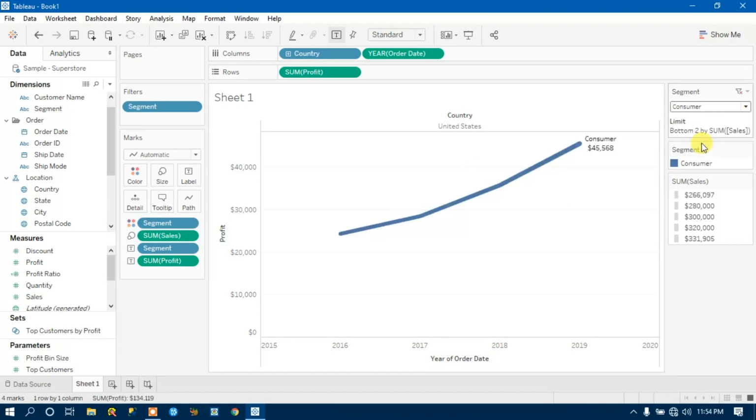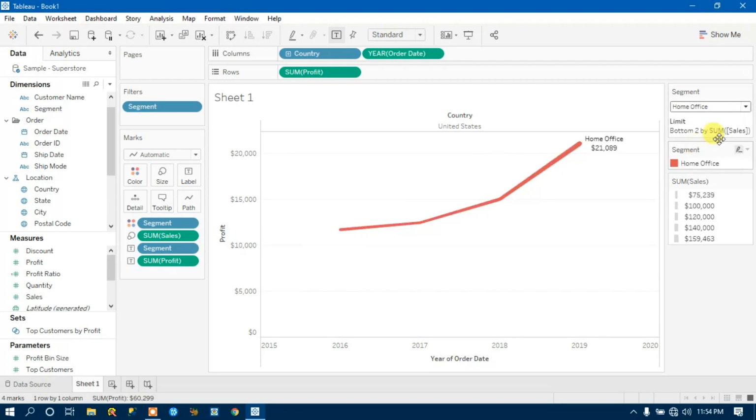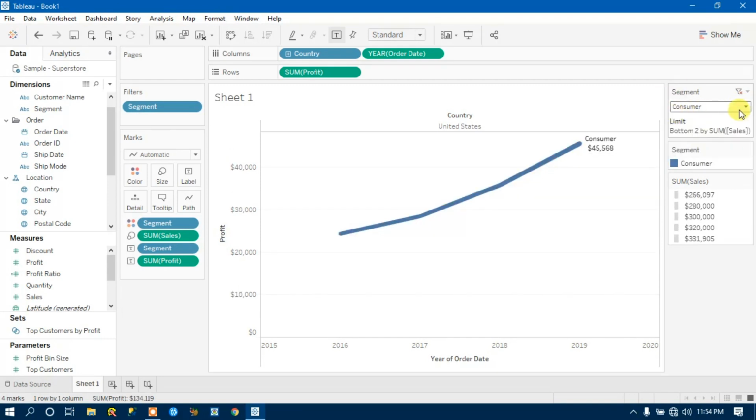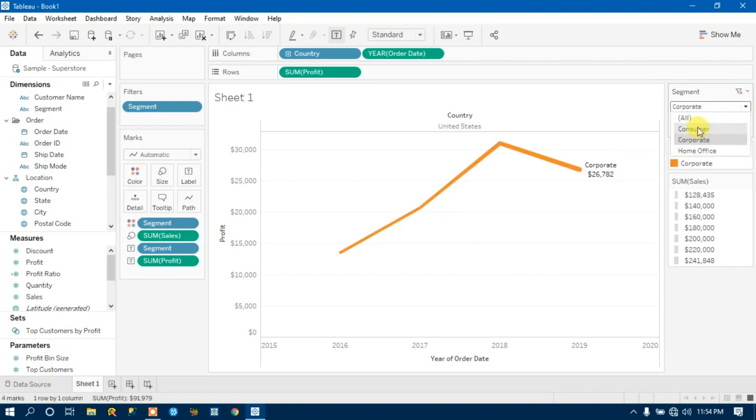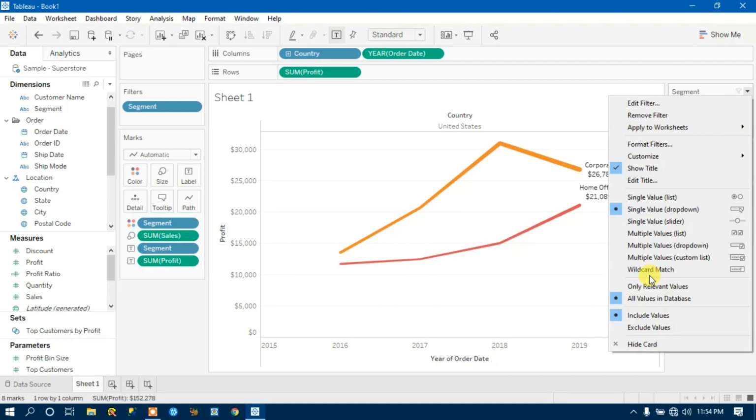So it is keeping the space problem away. It is just covering that much area, and you can pick any of your desired values. If I click on all, it will pick all the options, right?